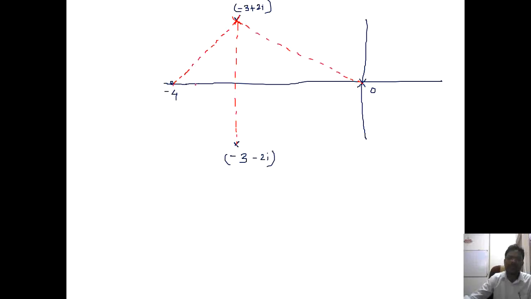Okay, note down one thing, this is your 0, this is your pole, and this is also your pole, and we need to calculate the angle made by the poles as well as the angle made by the 0. So we have fixed this pole where we need to calculate the angle of departure. Then we connect all the remaining poles and zeros with this point by a straight line. Where you got the connection, draw a straight line like this and count the complete angle, this angle.